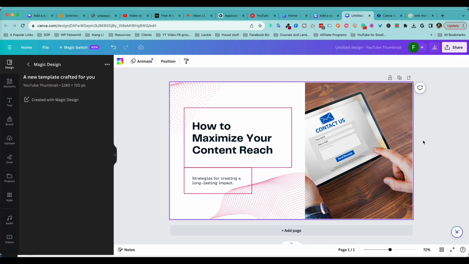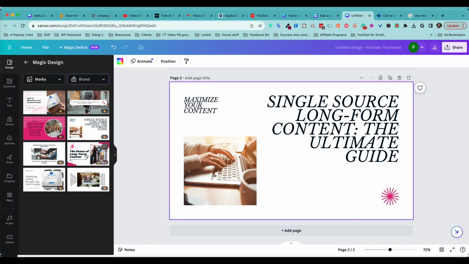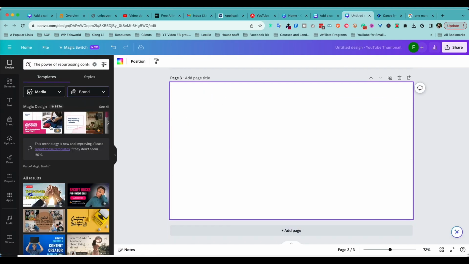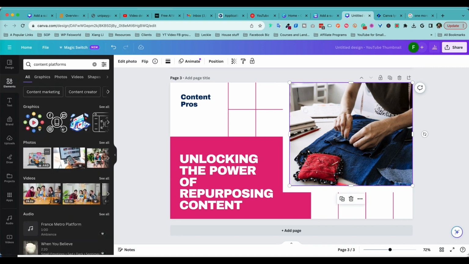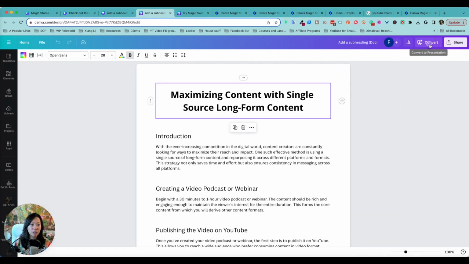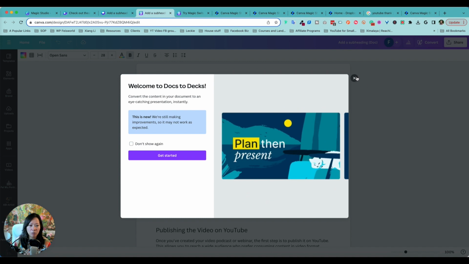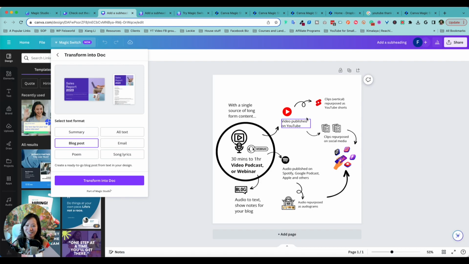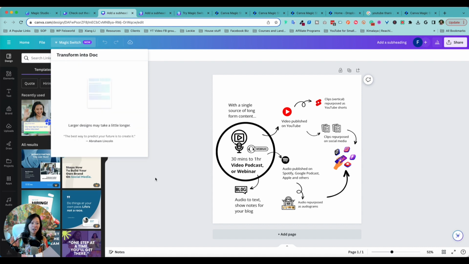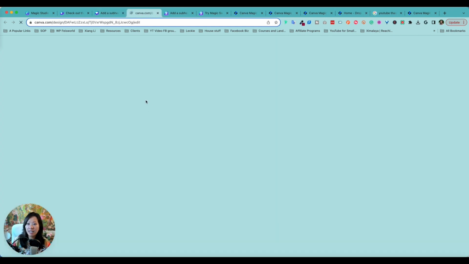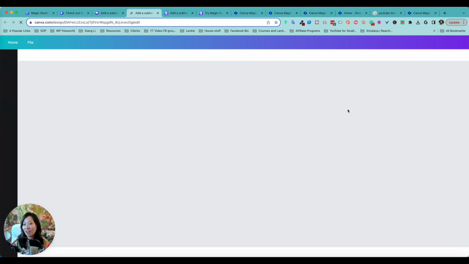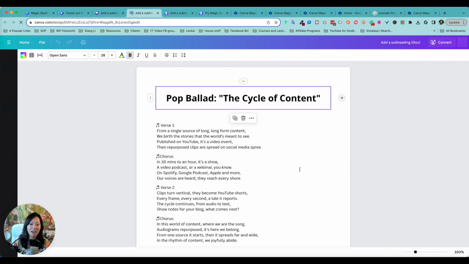On top of that, I can simply open up another window and design a thumbnail of any size for social media, for my blog post, for my YouTube channel. From here, you can convert it further to a presentation if you want to. In addition, did you previously see that you can actually convert this image into song lyrics? I have my guitar behind me. If needed, I gotta play some music and maybe turn this into a song. Just kidding. It's not part of this video. Within a minute, it generated song lyrics based on what I have done.